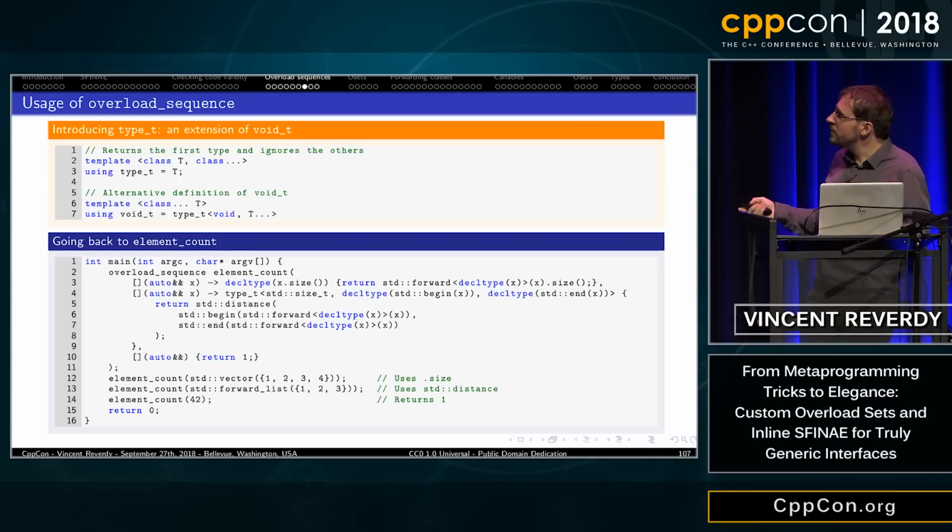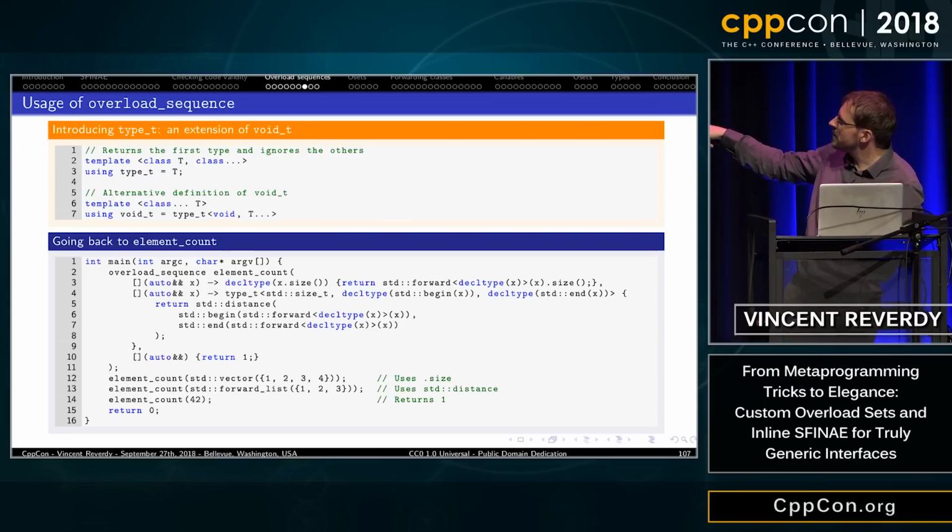And now let's go back to element count. So now, using overload sequence, I can create an overload sequence element count. And what I do is that I give it 3 lambdas. The first one, the return type is x.size, and if x.size works, then it will call .size on x.